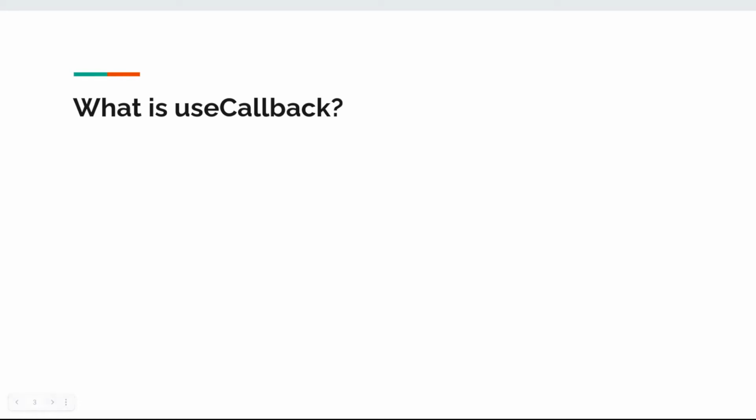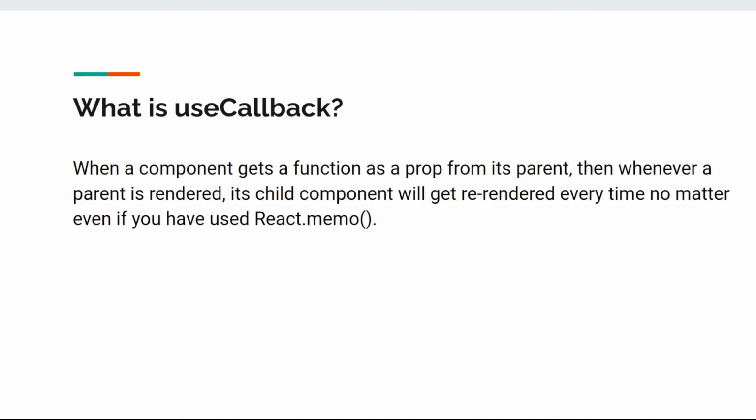So what is useCallback according to you? Okay, let me tell you what it is according to me or what the documentation says. When my component gets a function as a prop and the parent is re-rendering, its child component will get re-rendered every time, no matter even if you have used React.memo.